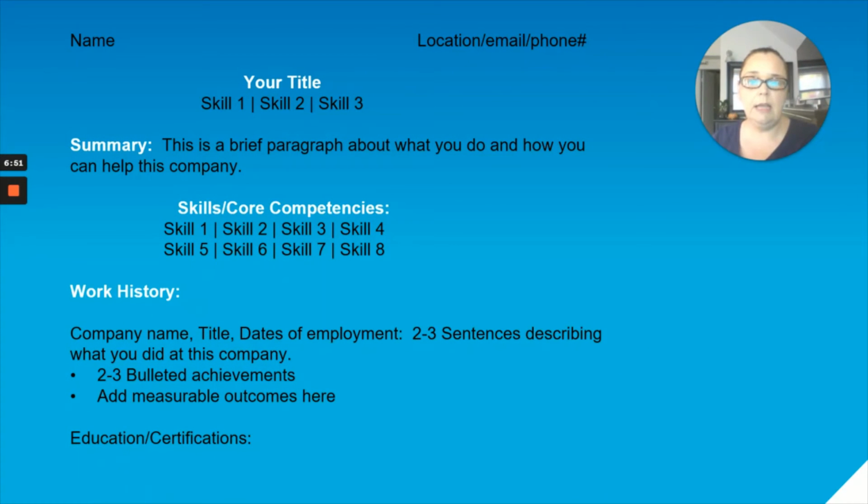All right, so this is taking a look again at a layout of your resume, to give you an idea of what it should look like. Let's look at the formatting. You'll see here, even though this is on a blue background, obviously you would want to stick to the standard: a white background and black text. Don't do something funny. Don't make it red or purple or something like that. Stick to very standardized and traditional, just so that you can make sure it's getting to where it needs to be. So you're going to have your name, your location, email and phone number, your title, and your skill